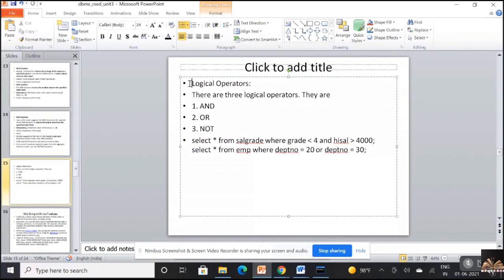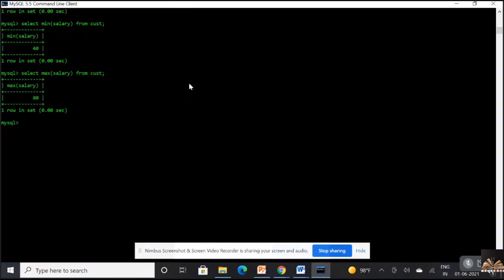So whenever you are interested in working with complex conditions, or whenever you are interested in working with more than one condition, compulsory conditions or optional conditions. Whenever it is compulsory conditions, you are going to work with AND. Whenever it is optional conditions, you are going to work with OR. Okay, and how do you work with this? I'll just give you an example.